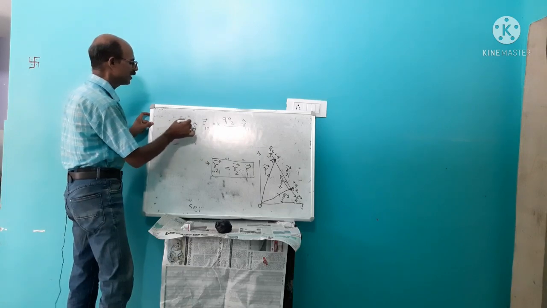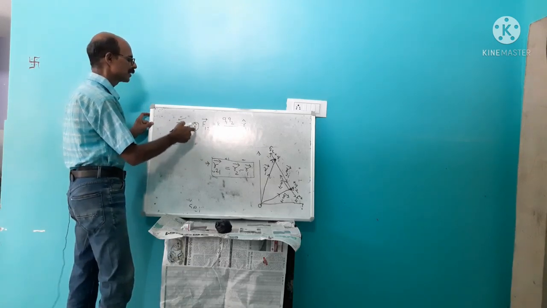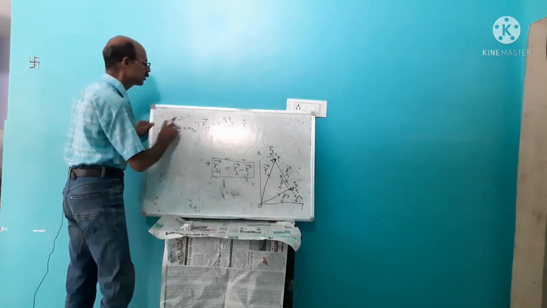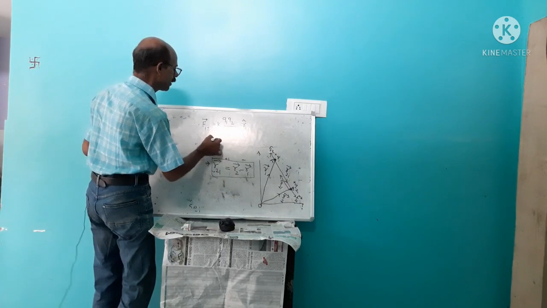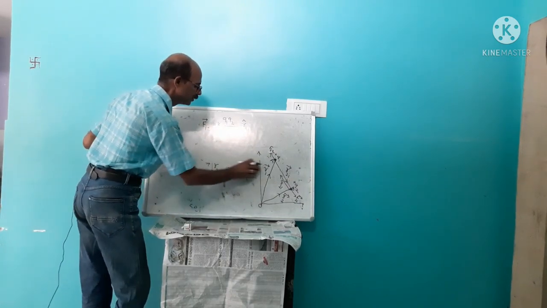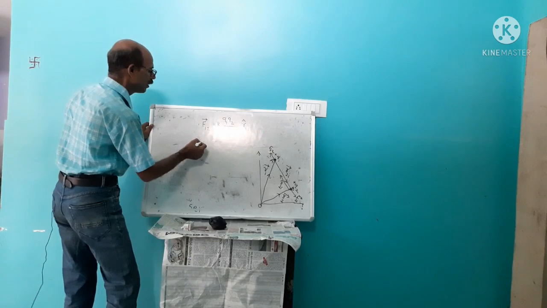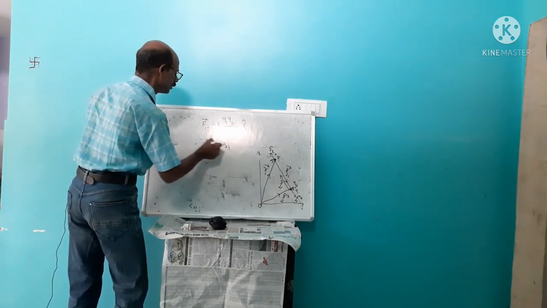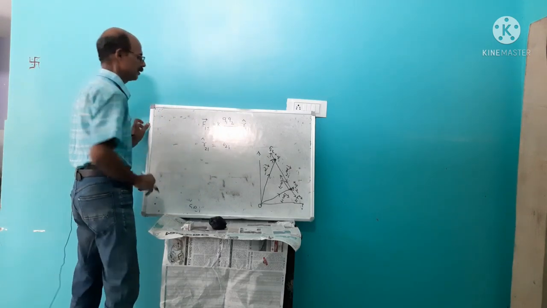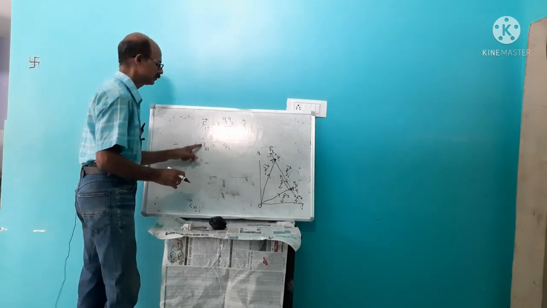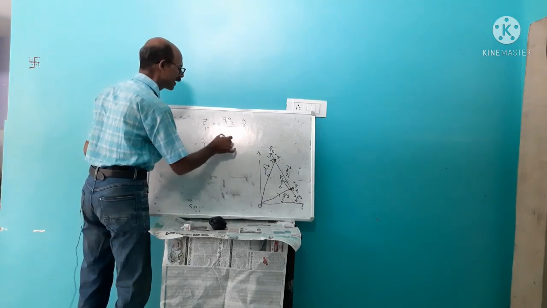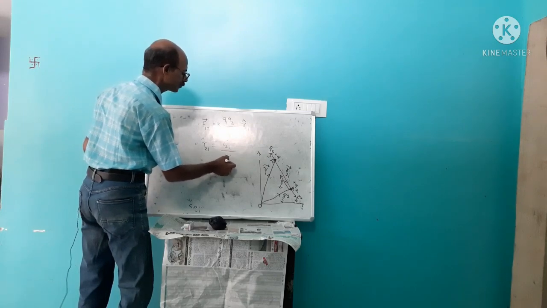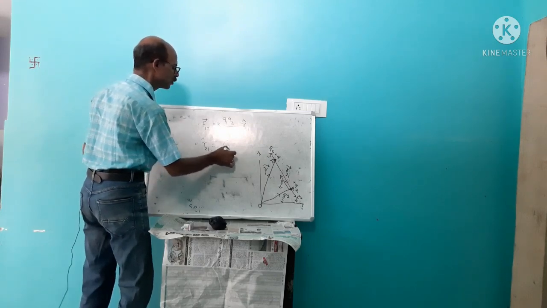You see, vector A is equal to magnitude of A into A cap. Then A cap is equal to vector A by A. Similarly, here we will write F12, just a minute, vector R21, it will be equal to R21 cap. That means unit vector of R21. So vector R21 divided by, what we will write? Magnitude of R21.